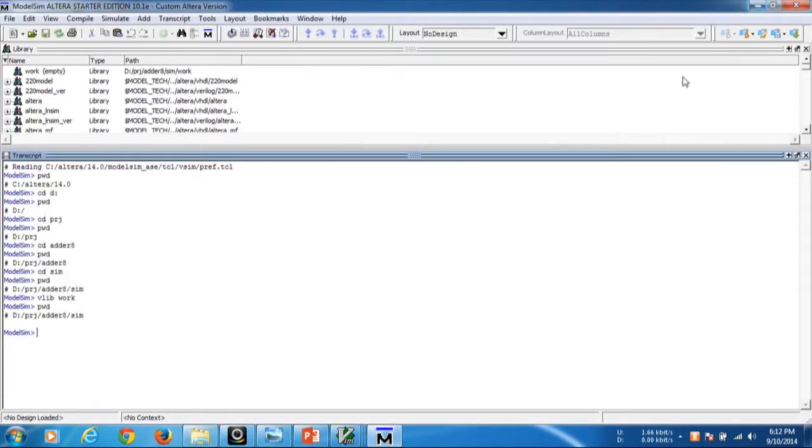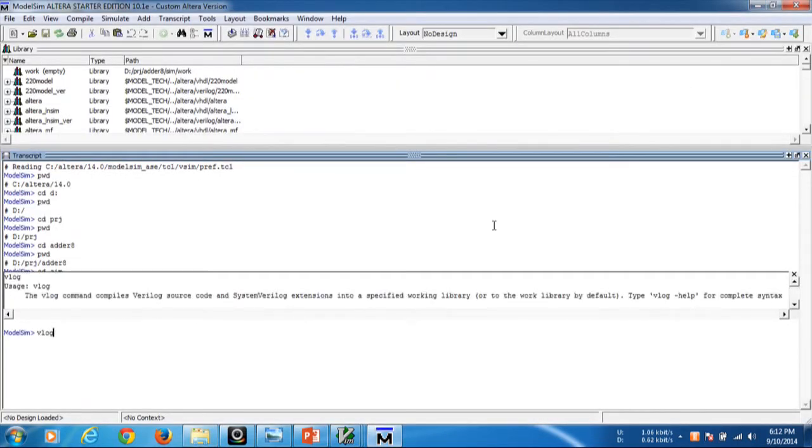The command for compilation is vlog. The vlog command compiles Verilog source code and SystemVerilog extensions into a specific working library.